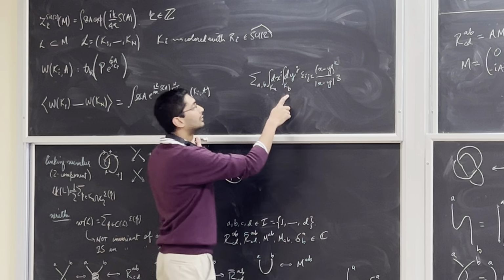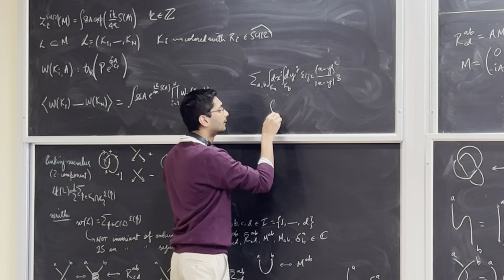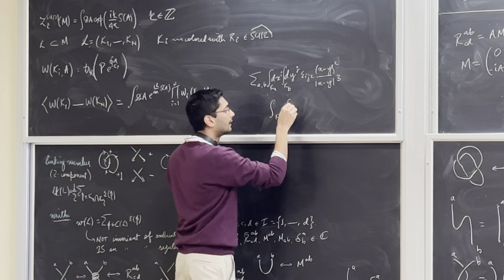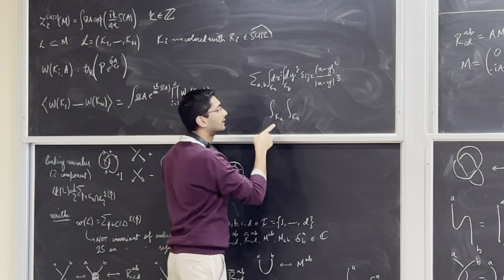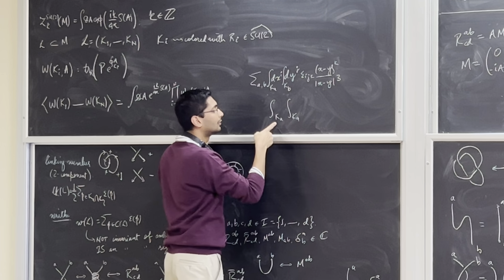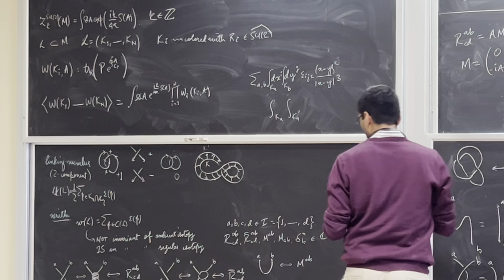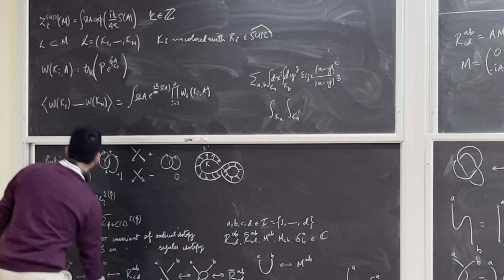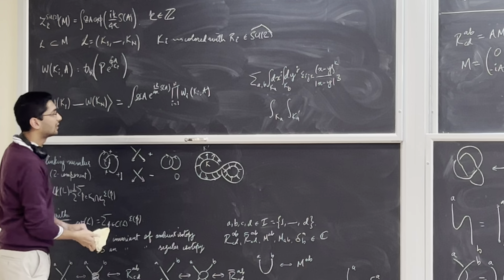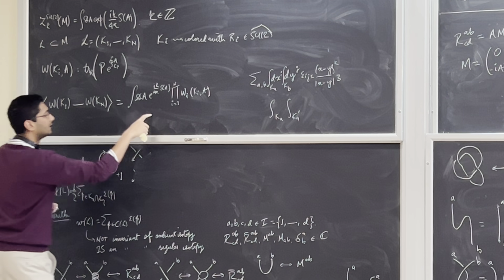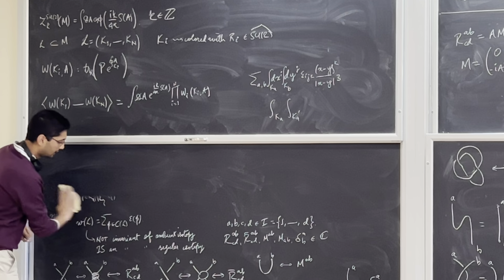So when a is equal to b, instead of doing an integral over ka and ka, I do an integral over ka and ka prime, which is determined by the framing. This gets rid of the subtlety because of which one has to talk about framings on links. But once I have this expectation value,